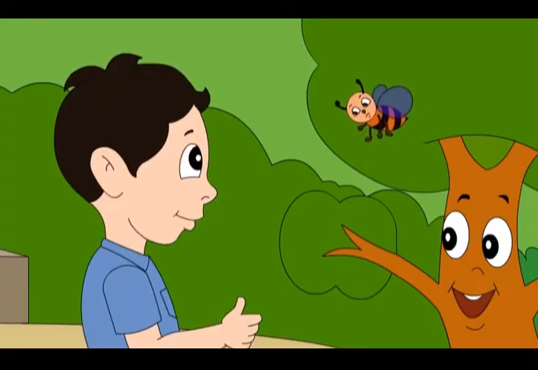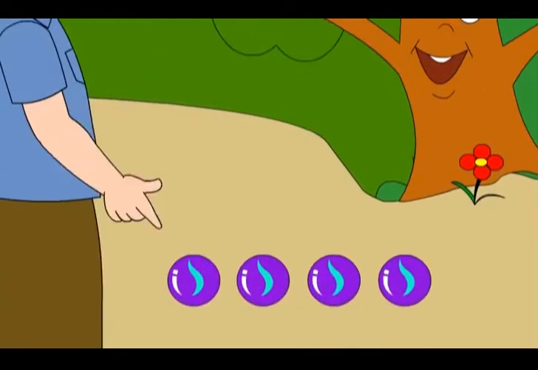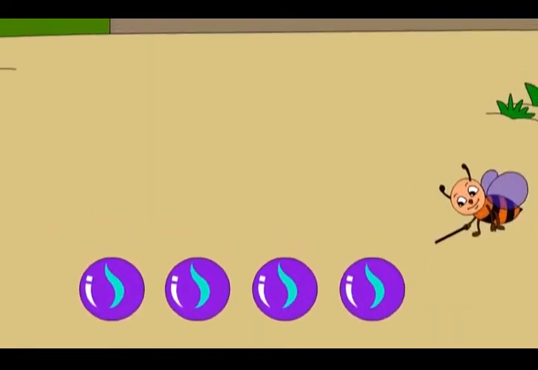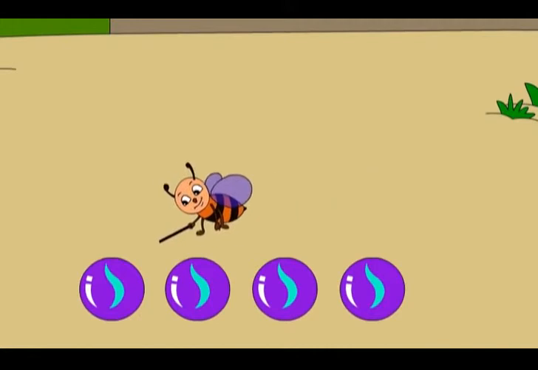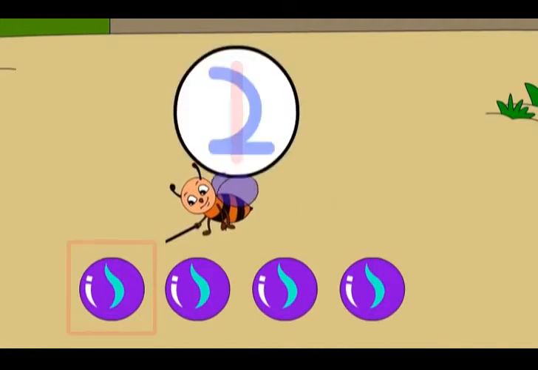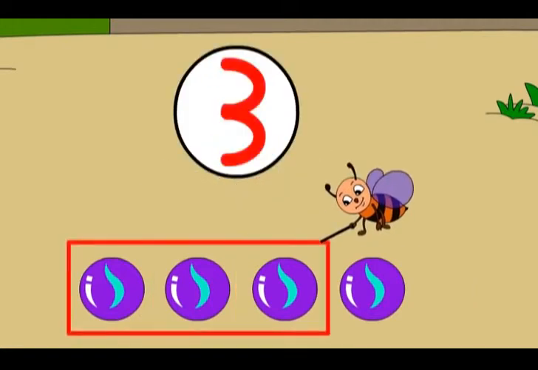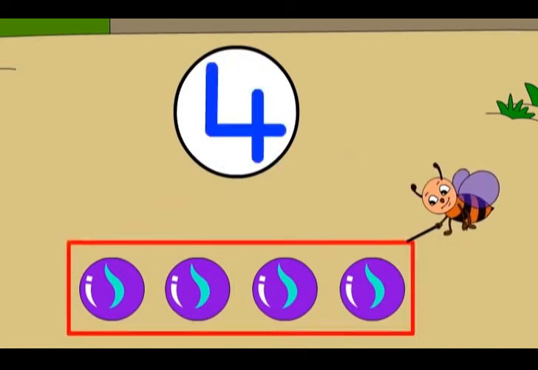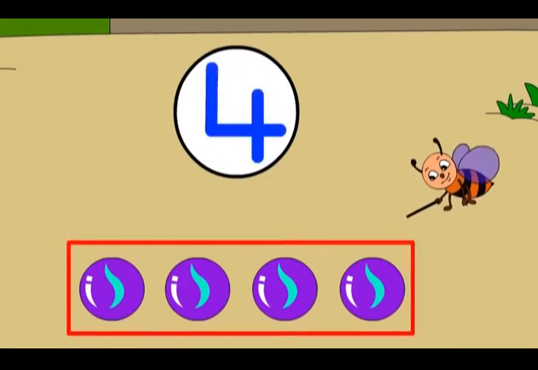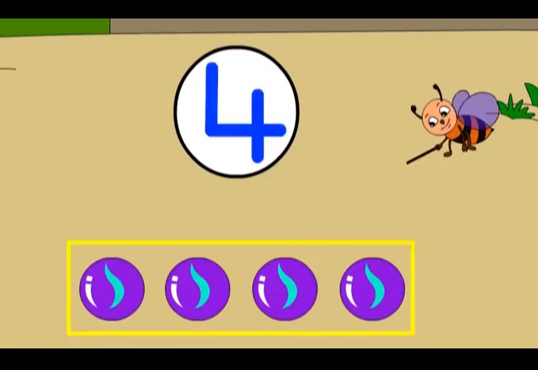Oh, Buzz, you don't know anything. Just count how many are left. Now I know. Chinu, 1, 2, 3, 4. So, 4 marbles are left.